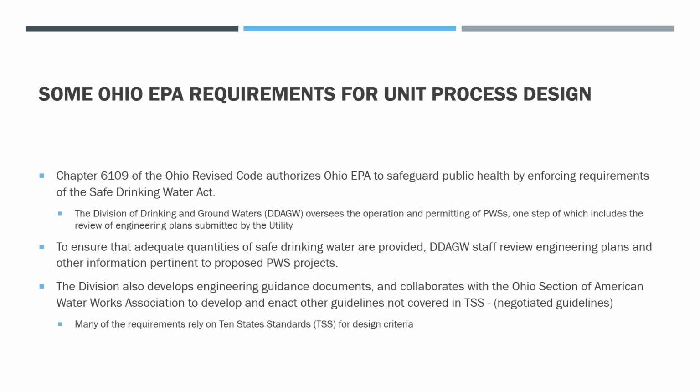Now, Chapter 6109 of the Ohio Revised Code provides authorization to the Ohio EPA to safeguard public health by enforcing requirements such as those that are found in the Safe Drinking Water Act. One of the steps that are included would be their review of engineering plans that might be submitted by any given utility. Now, to ensure adequate quantities of safe drinking water are provided, the Division of Drinking and Groundwater staff will review these engineering plans and any other information given along that is pertinent to the proposed public water supply